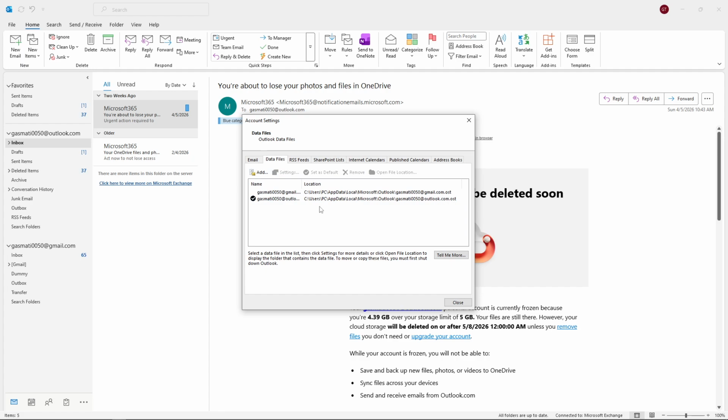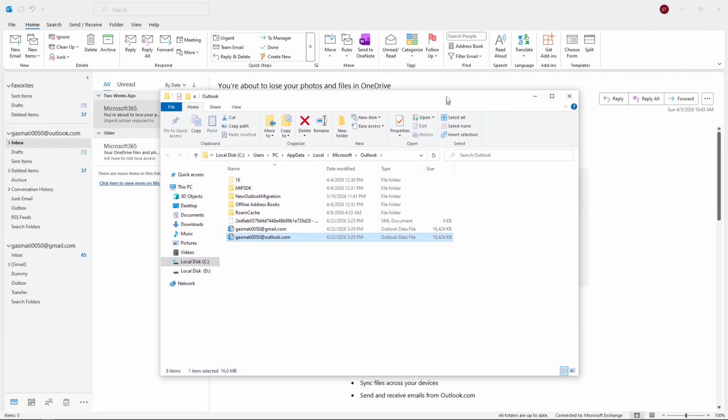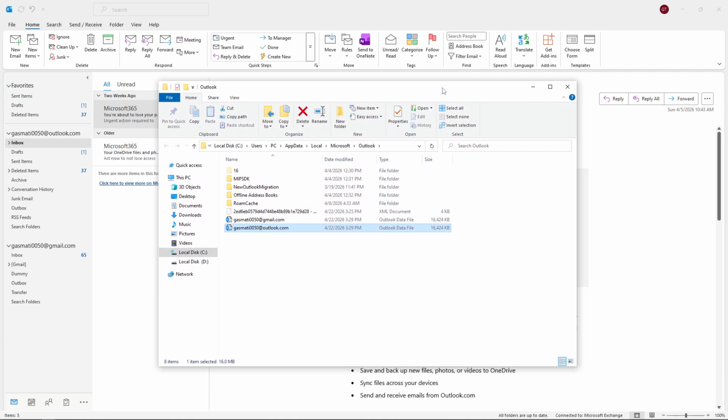Then look for the account you wish to back up by clicking on it to select it. Each account has its own data file, so make sure you're selecting the correct one if you have multiple accounts configured. Once selected, click on Open File Location. This button is extremely useful because it takes you directly to where Outlook stores all your actual data on your